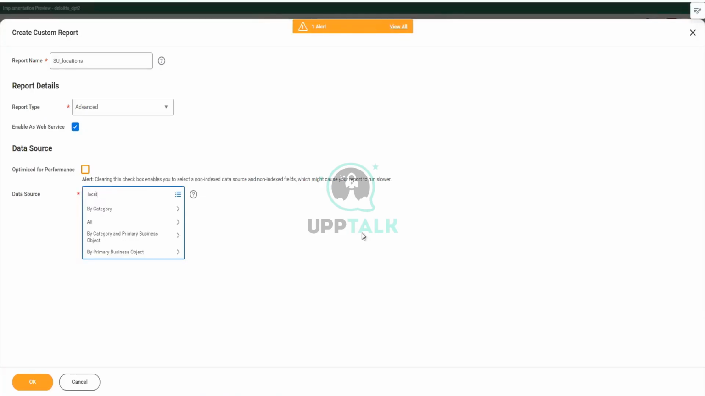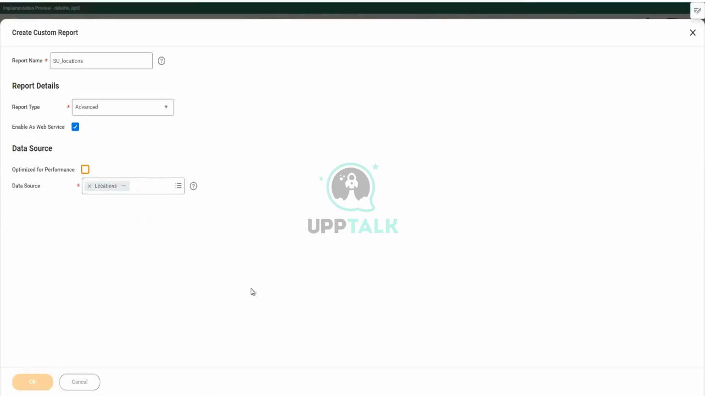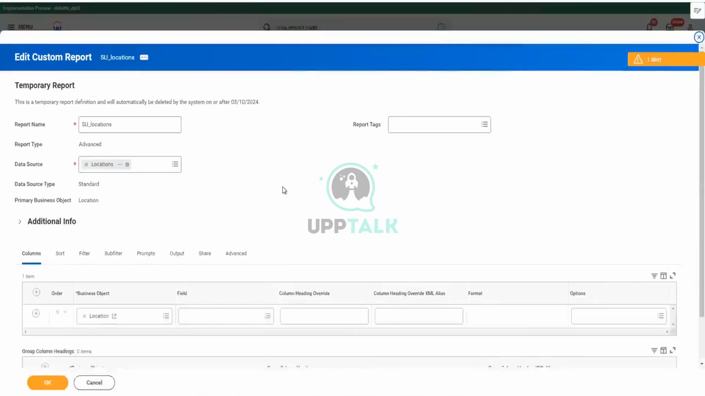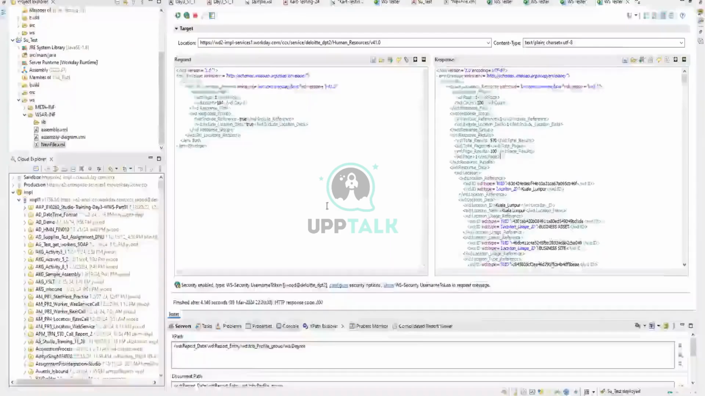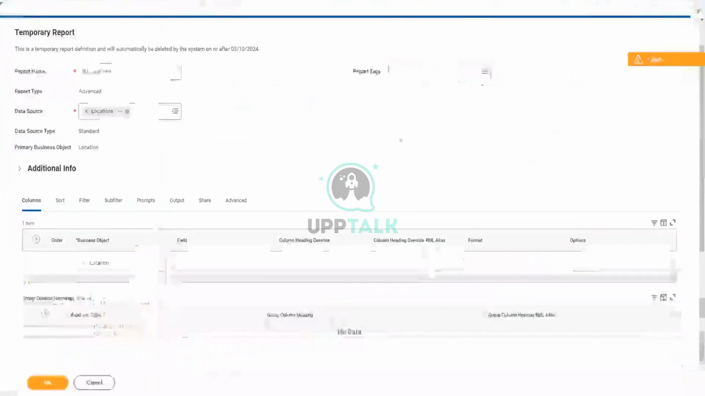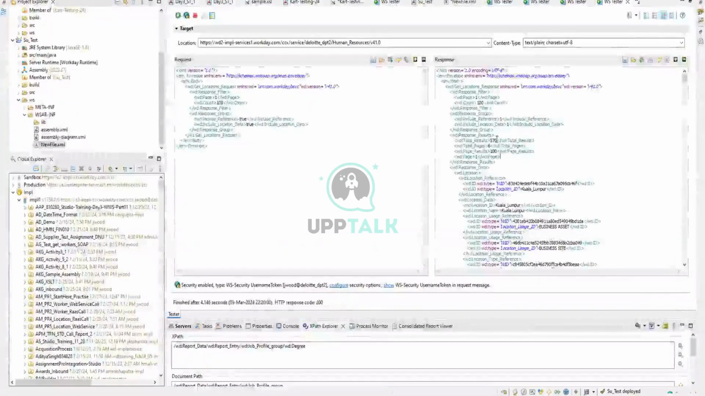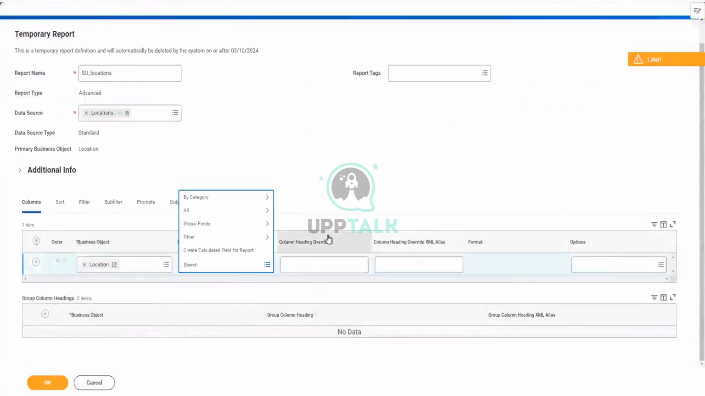And then search for locations. Now we have a location web service data source. Whatever the requirement that we have, you can add all the fields over here and then extract the data. Then you will get all the 570 locations. If you want to put location name, for example,